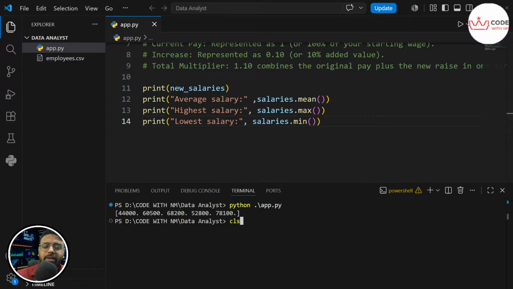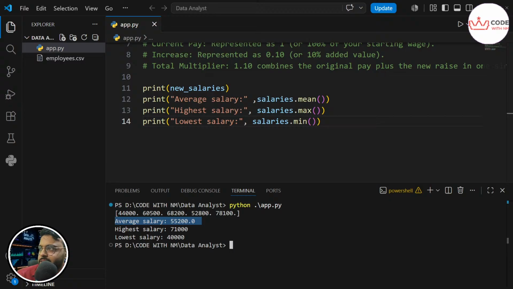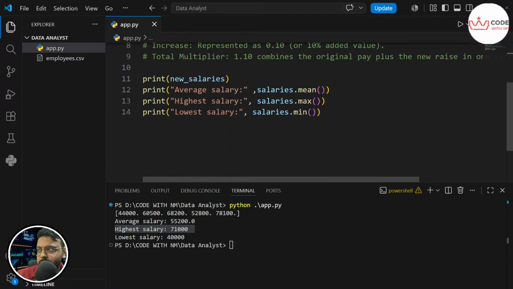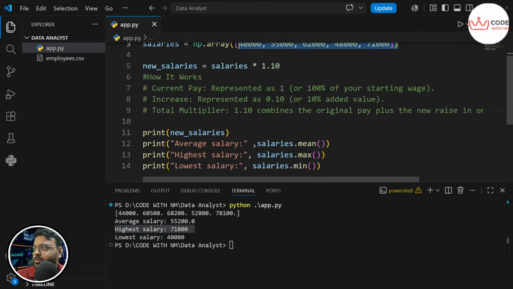Let's save it, clear the console, and execute it, and you can see the average salary is 55,200, and the highest salary is 71,000, which you can see here. This is the highest salary. Wait a minute. Sir, where is 55,200? I can't see 55,200 in your original salary. How did it come? I will explain that.